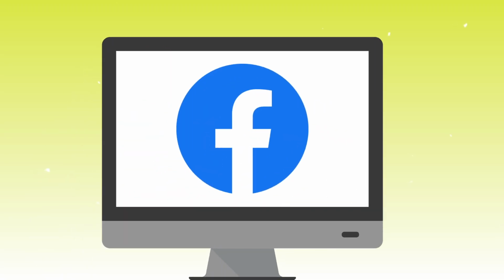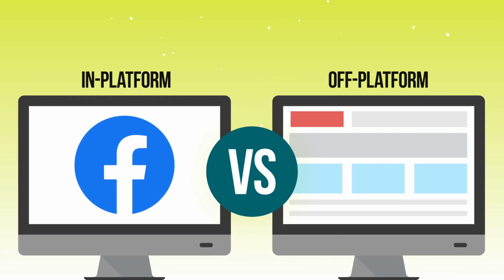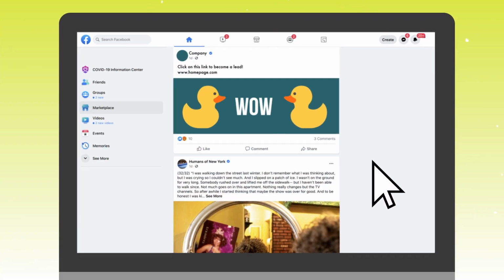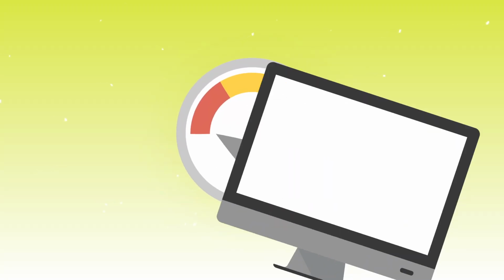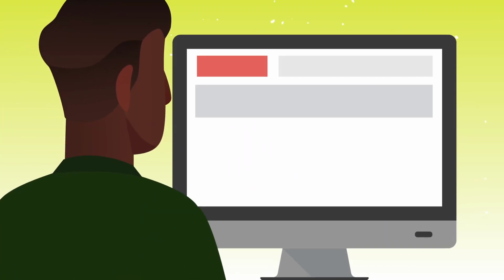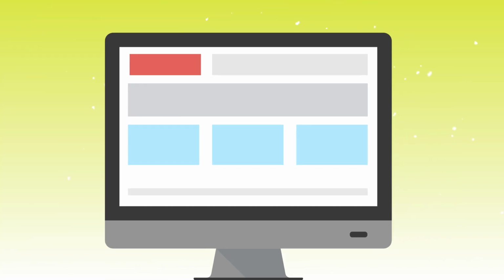The way that the Facebook lead form works is that it will remain entirely in Facebook as opposed to using something like a landing page where they're actually navigating off of Facebook to your own website. The problem with that process sometimes is that if your website or funnel isn't optimized for speed, it might take way too long to load for the average person to be willing to wait.